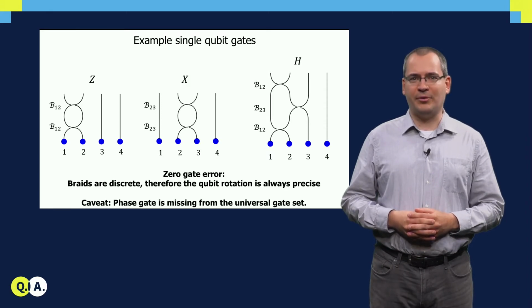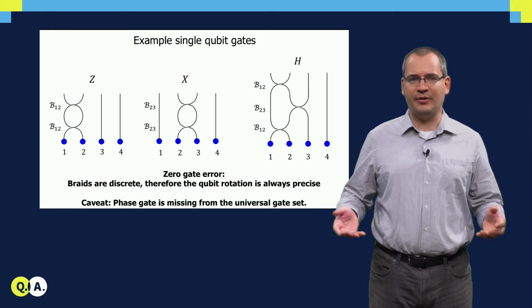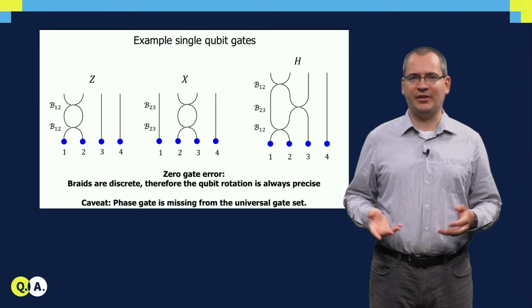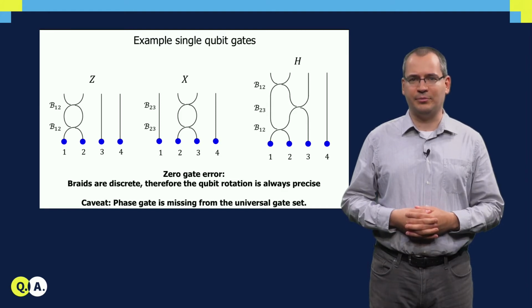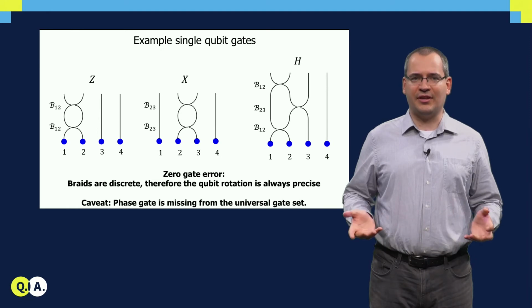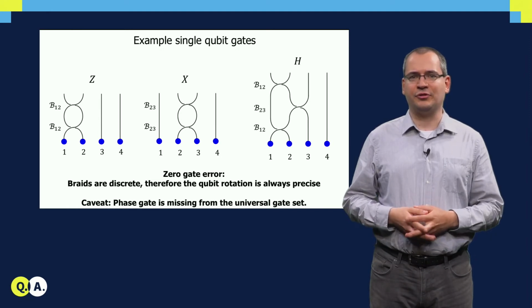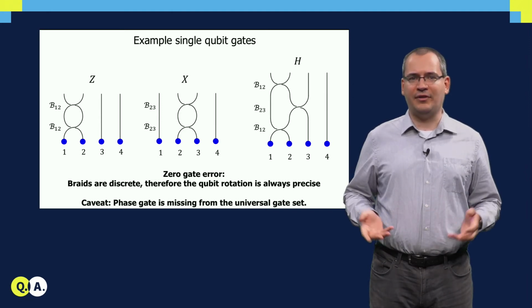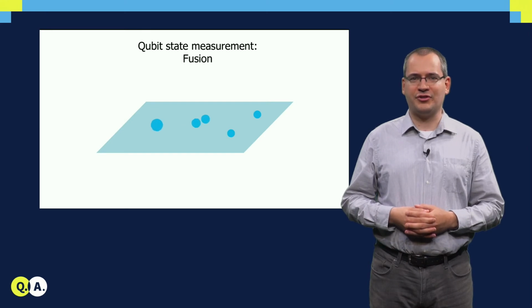With discrete braiding operations, we cannot reach the entire Bloch sphere of a qubit, so some quantum gates required for universal quantum computation will be missing from the set that we can do with braiding. These additional gates can be supplemented by topologically not protected operations on the qubit, but with a less than 100% gate fidelity. And finally, after all the quantum operations, we have to measure the state of the qubit.